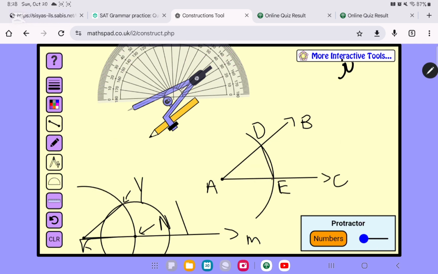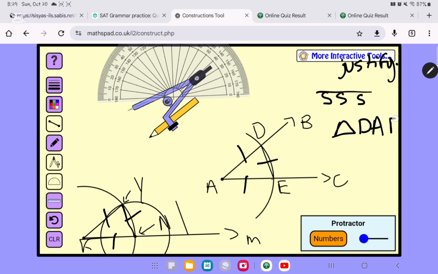If they ever give you justification or justify or prove it, didn't we say that we connected Y and N also, and A and D, and D and E and A and E? So look, we have two triangles, yeah? So we have a side here is congruent to this side over here. We have this side over here is congruent to this side over here. And we have this side over here is congruent to this side over here. So by the SSS theorem, triangle DAE is congruent to triangle